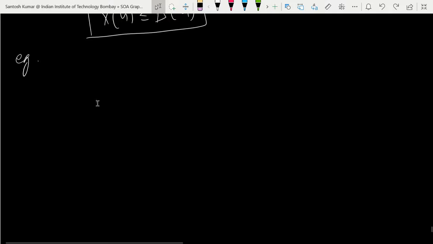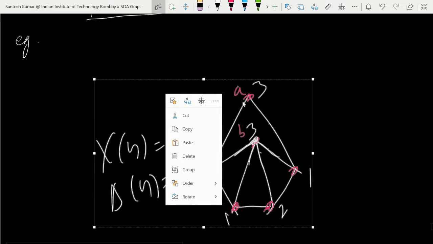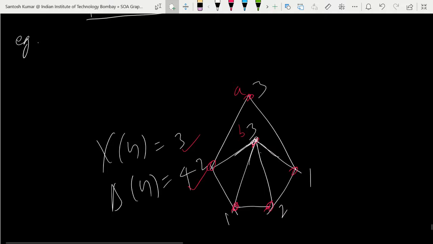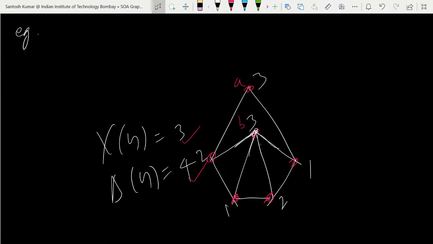Okay, tell me, you take too much time to decide. Is it an odd cycle? Odd cycle means it will have an odd number of vertices. How many vertices does it have? 6. So is it odd? No. So this is neither a complete graph nor an odd cycle.